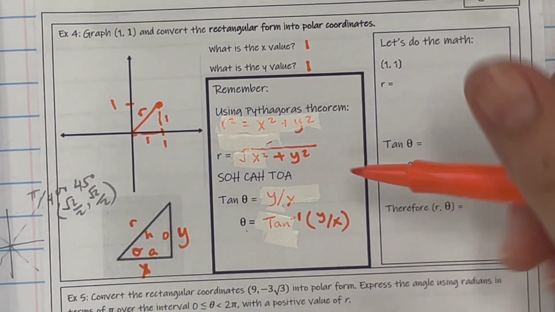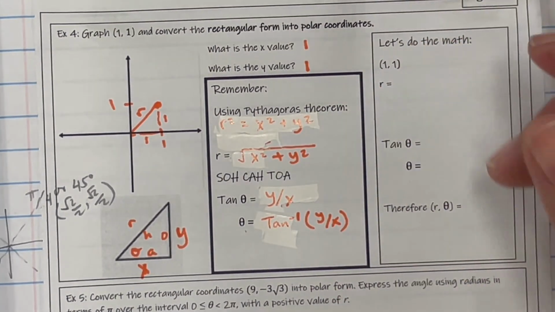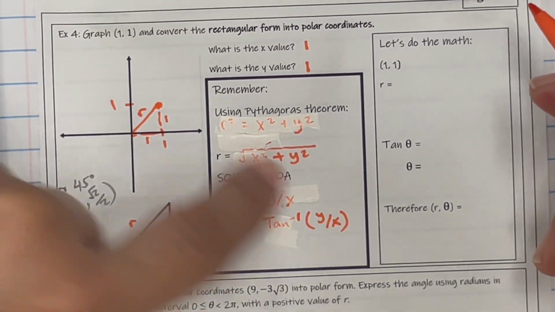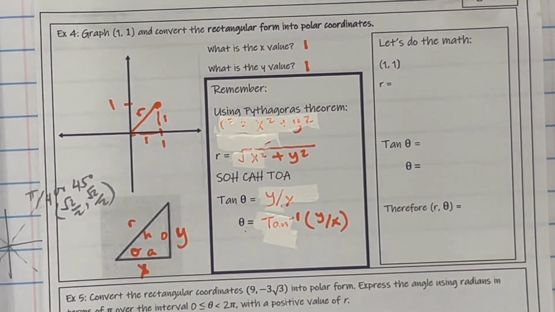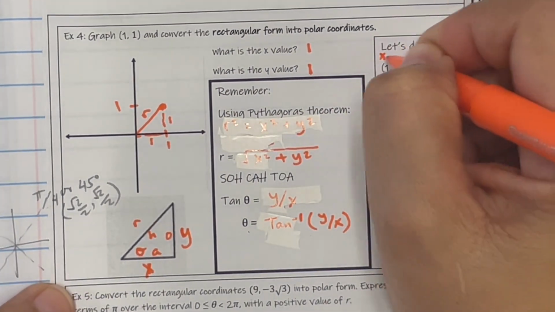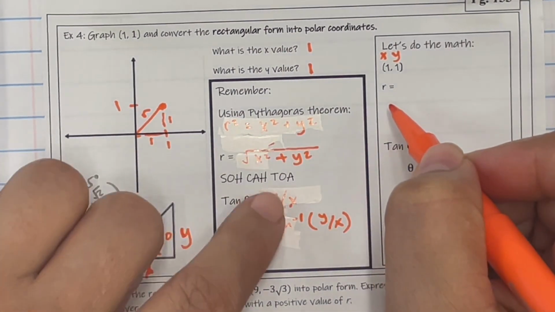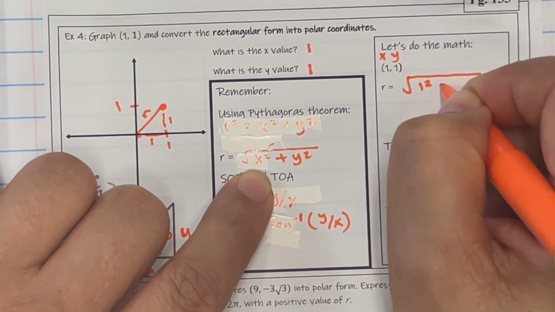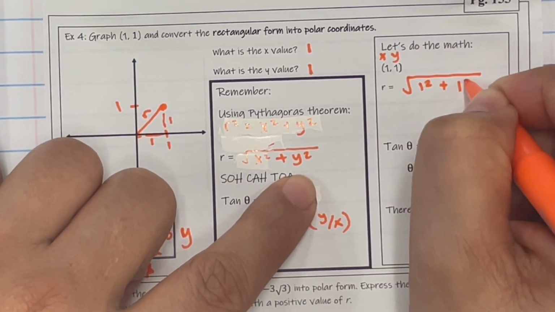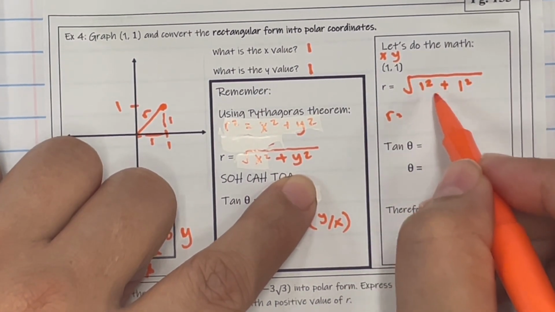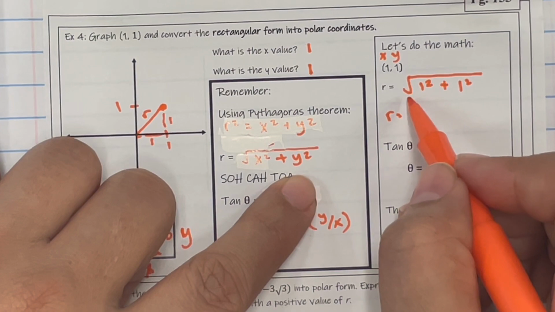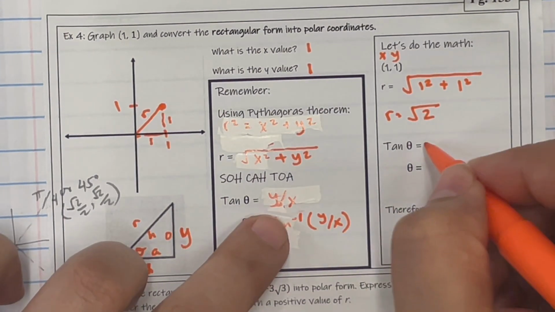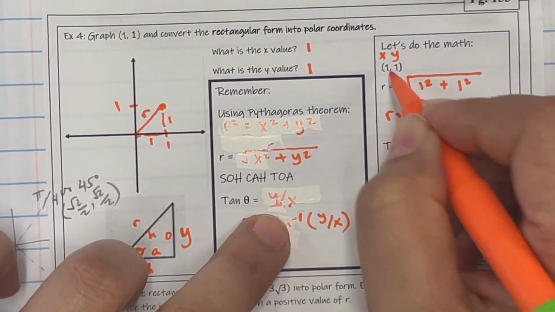These are the two formulas that we're going to use because now I'm going from x and y to r and theta. So let's do the math for this question. You have the point 1, 1, so this is x and that's y. R is the square root of x squared, which is 1 squared, plus y squared, which is also 1 squared. So r is equal to 1 squared plus 1 squared, which is 1 plus 1 is 2, square root of 2. Tan is y over x, so y is 1, x is also 1,